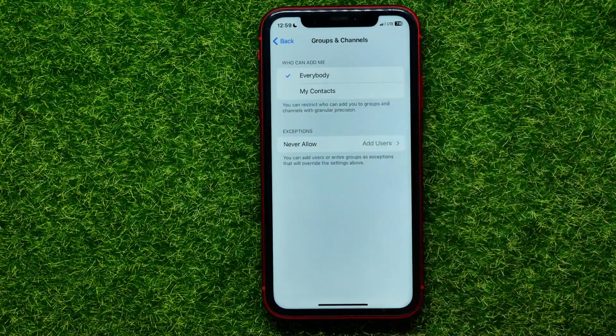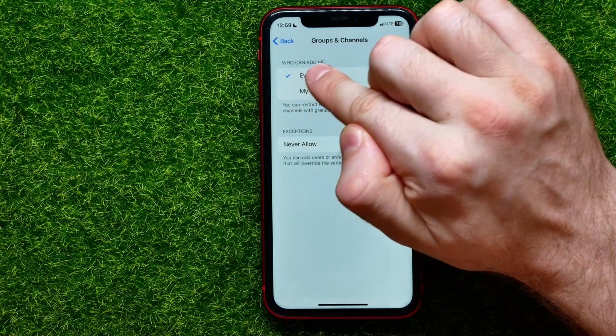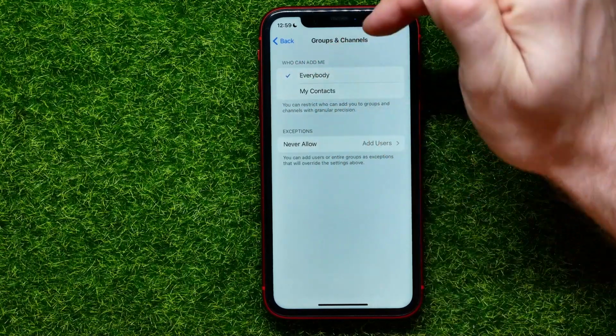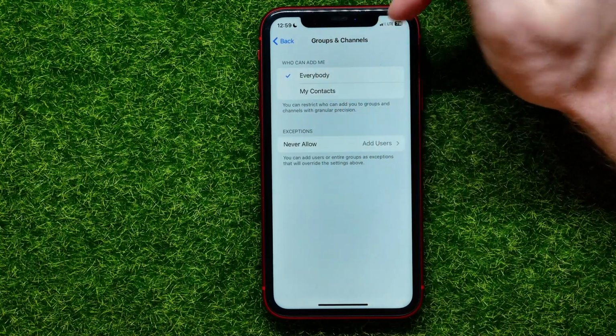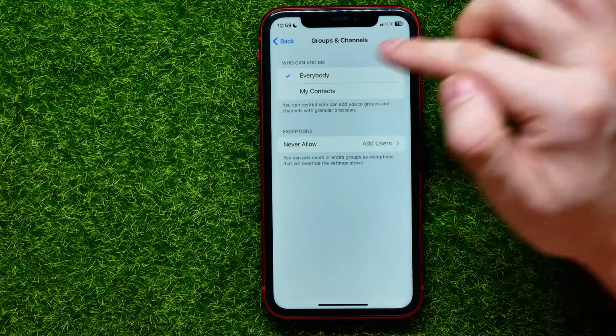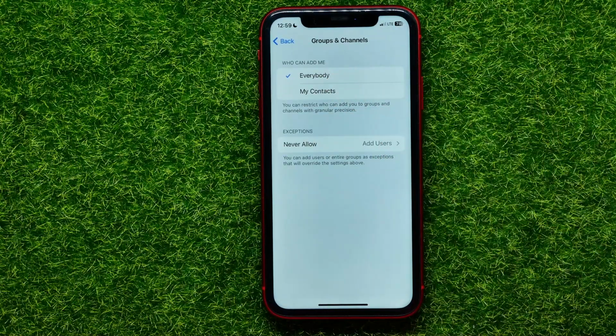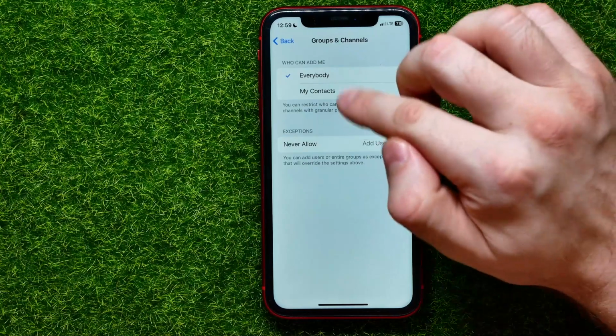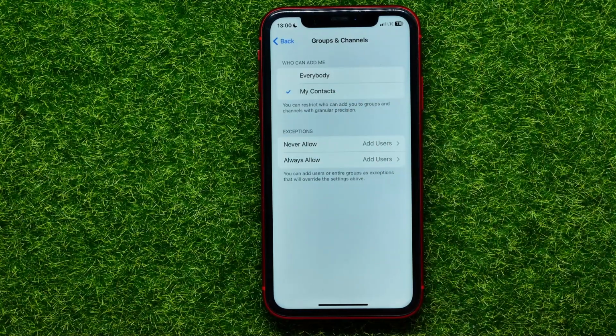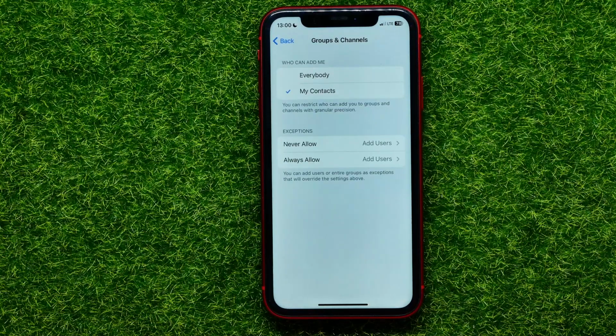and right here at the very top you can see who can add me. It means who can add me to groups and channels. By default, this feature is set to everybody, but you can easily switch it to My Contacts. So from now on, just your contacts will be able to add you to groups or channels,